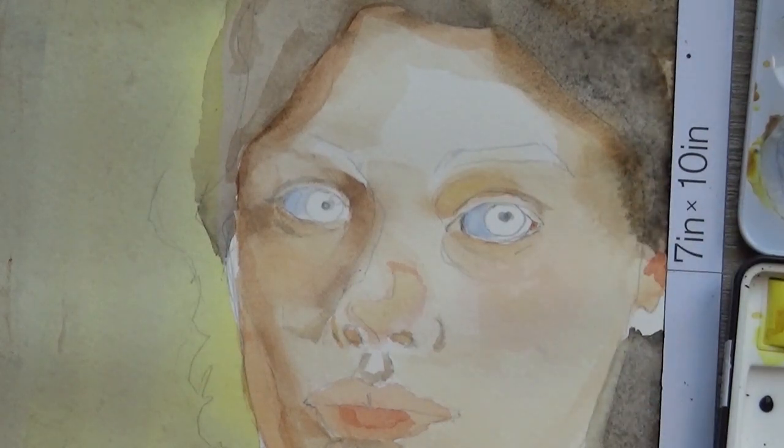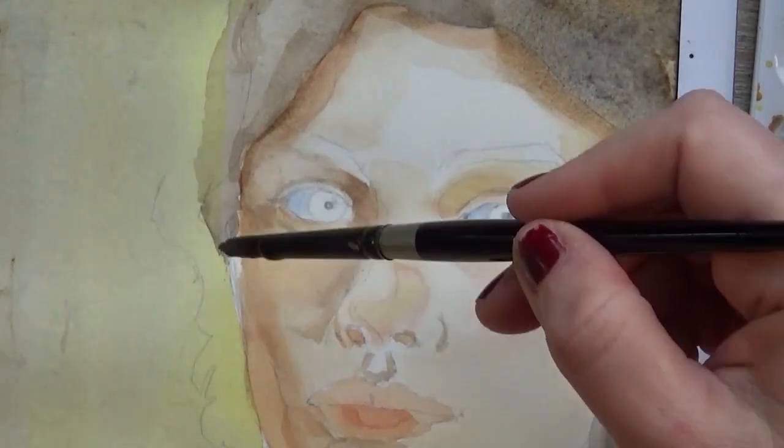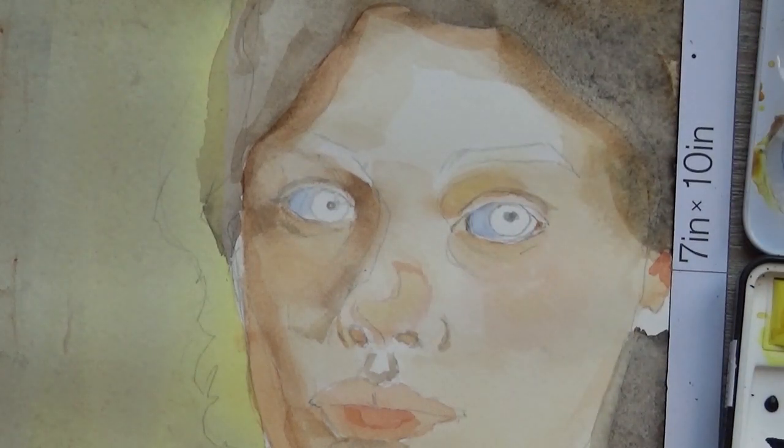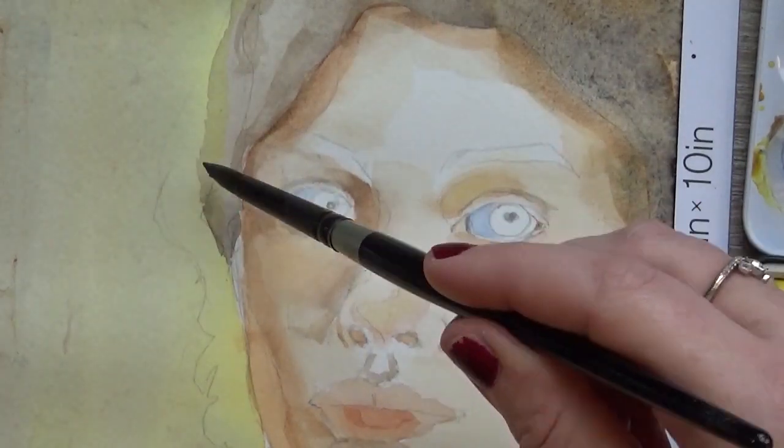So this is just my own personal experience with that paper. I don't like the way it absorbs the paint. I don't like the way the paint moves on it. Winsor and Newton's hot pressed, which, let me add, is also cheaper than Arches, at least here in Europe, gave